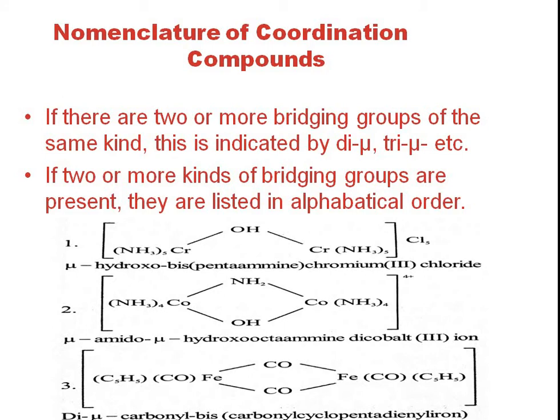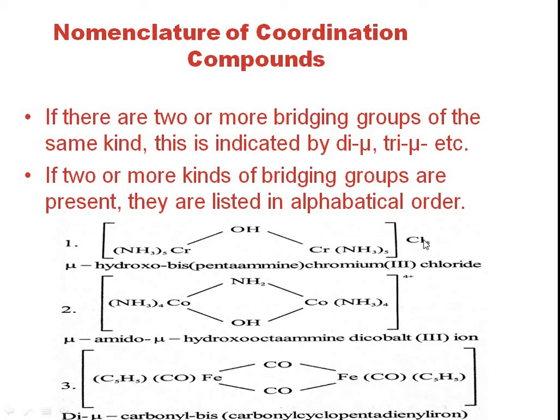Let's see an example. If there are two or more bridge groups of the same kind, this is indicated by di, tri. This is a complex. It has a bridge ligand OH that is coordinating with two metal atoms. When we name this complex,